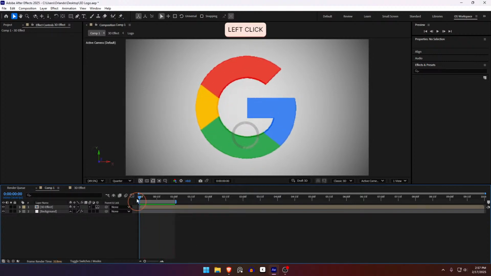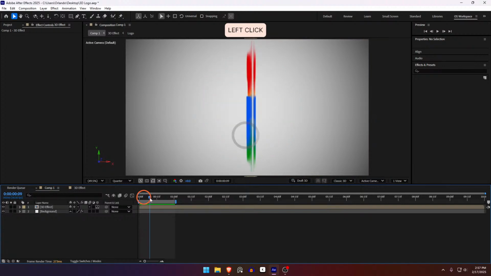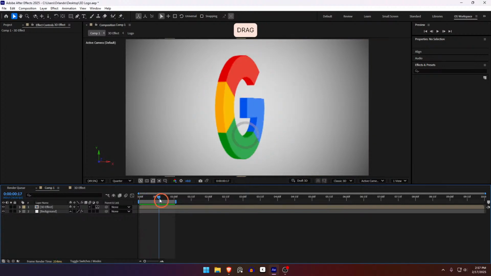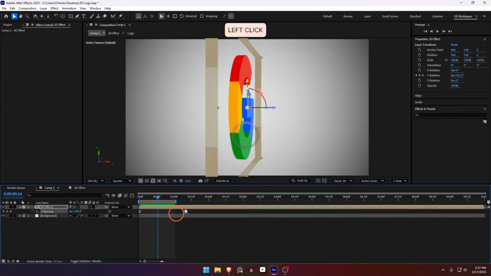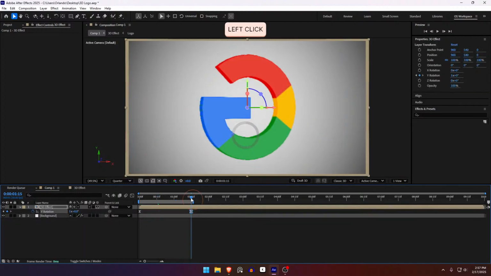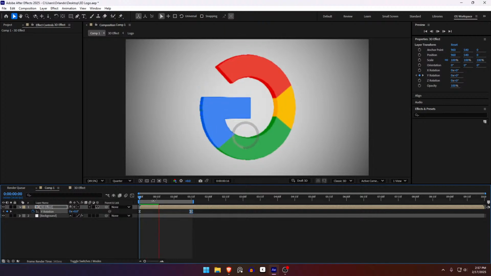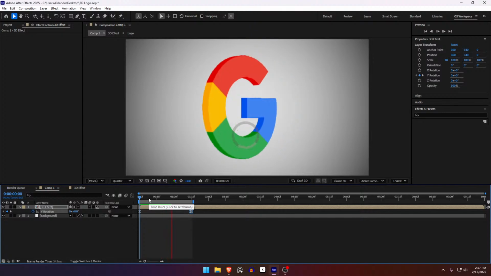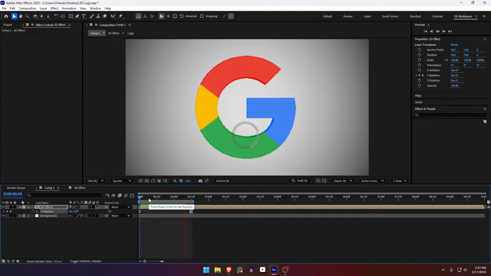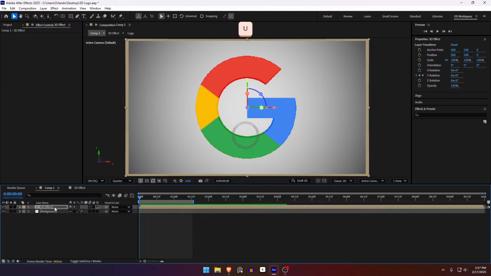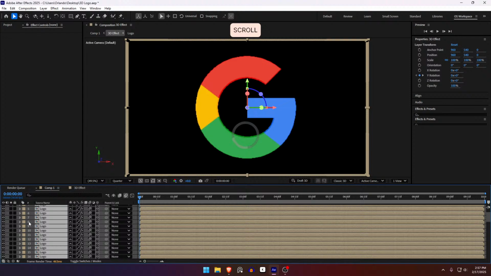I don't know why is this error. Maybe if I move this like here. Okay. There you go. Okay. So now that we have this as a composition, we can go to the logo composition,